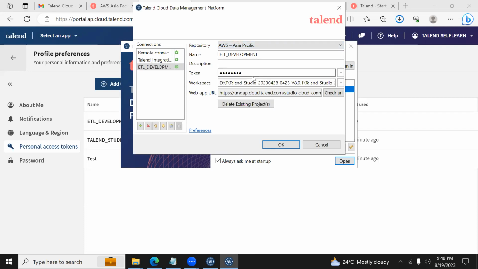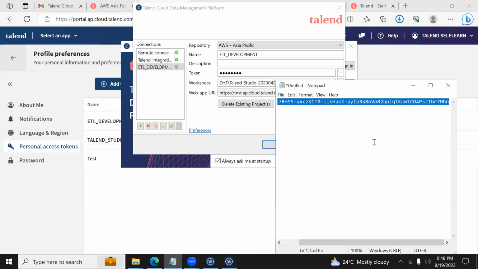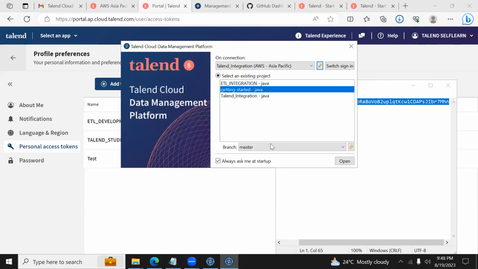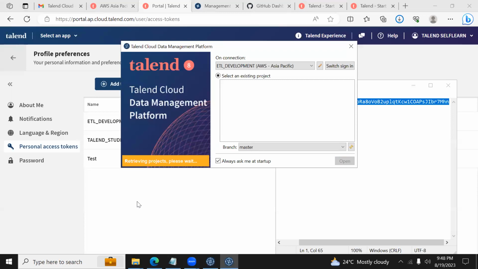I'm providing the name. Now here you can see that instead of asking for a username and password, it is asking for the token. Just copy this token and place it here. That's all. Click on OK. ETL development. So as I specified earlier,